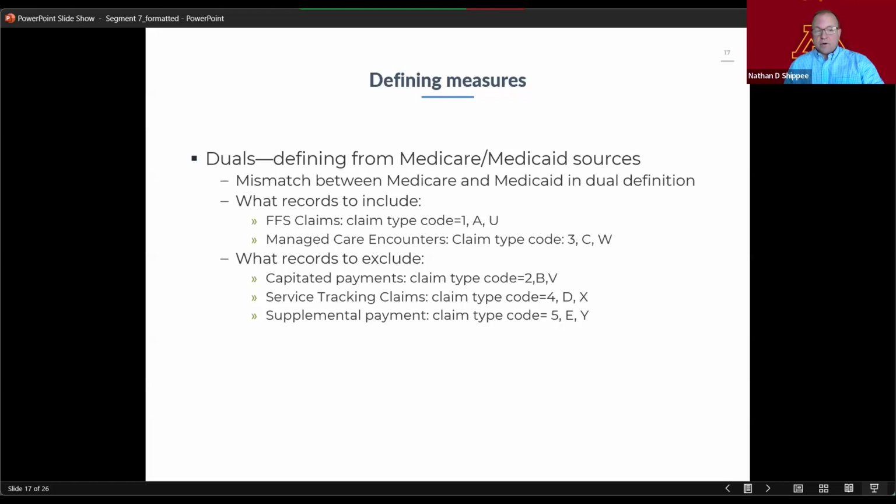So what records should you include? In the Medicare data, for instance, you might look at fee-for-service claims, and then there's separate encounter data. In the Medicaid, you've got fee-for-service claims and then managed care encounters, right? So you've got claim type codes that can be used to help identify dual. And then you've got